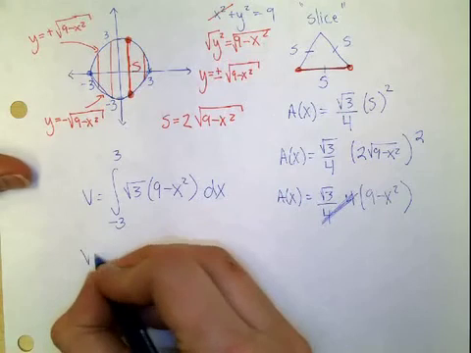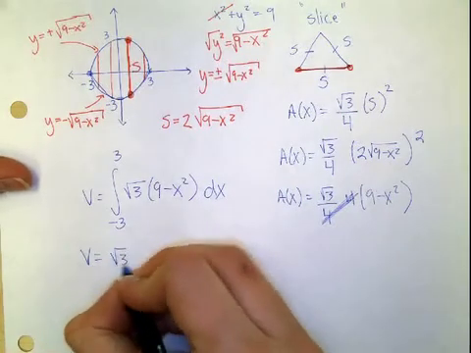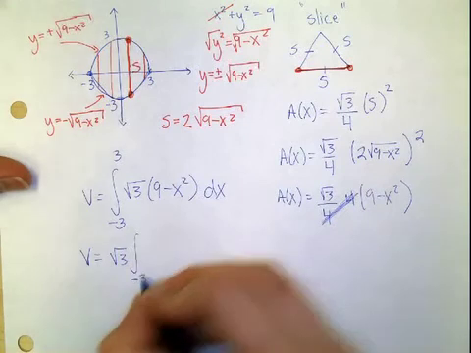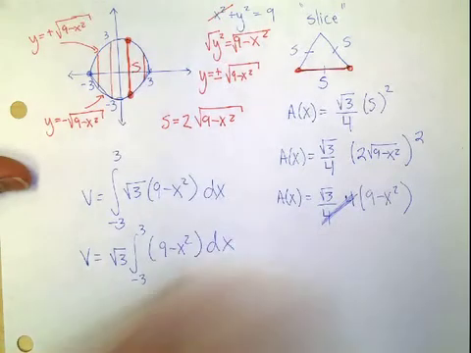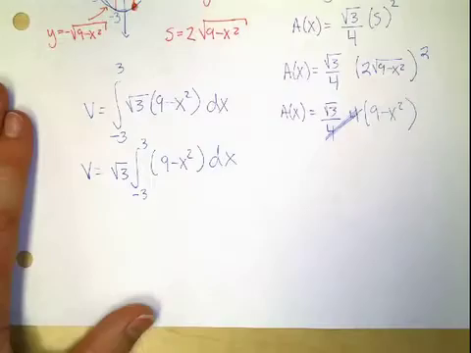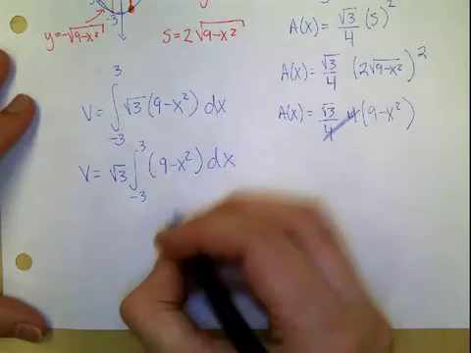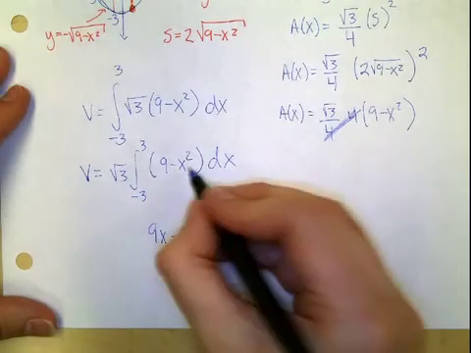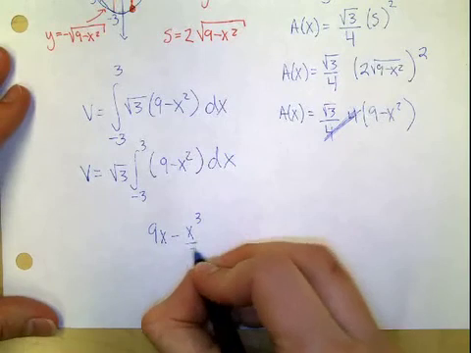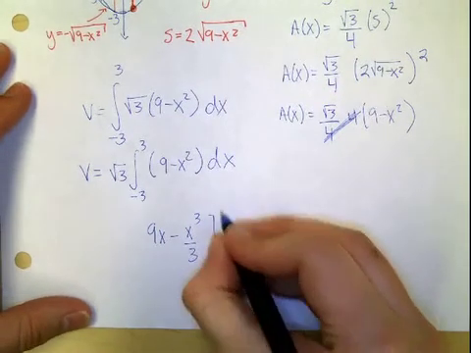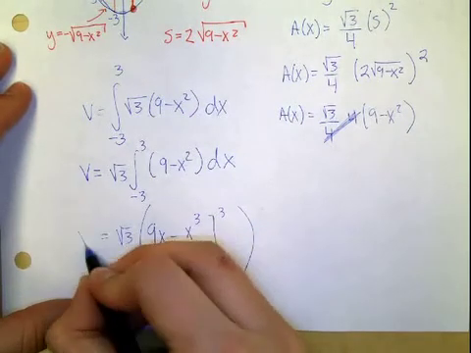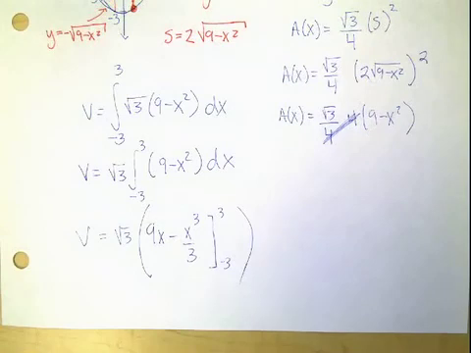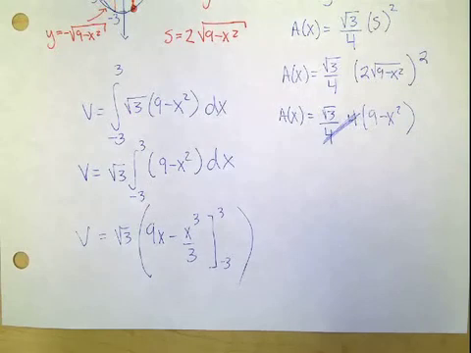So let's pull out the radical 3. Volume equals radical 3, bounded from -3 to 3, of 9 minus x squared dx. And then to reverse this is going to be actually not too bad. 9 is going to be 9x, and x squared is going to be x cubed over 3, with a bracket from -3 to 3, and then all times radical 3, which is out in front. And we're ready to plug in bounds. So we're going to plug in the top minus the bottom. We'll plug in 3 and we'll plug in